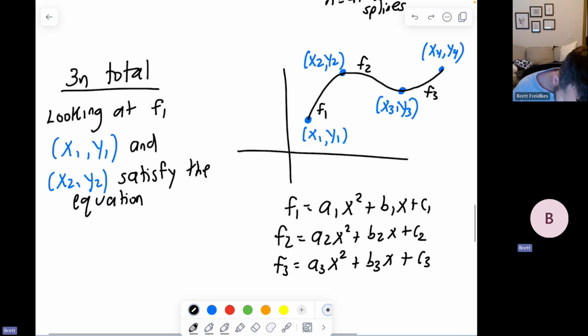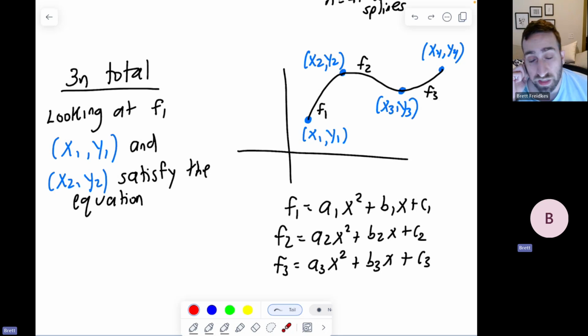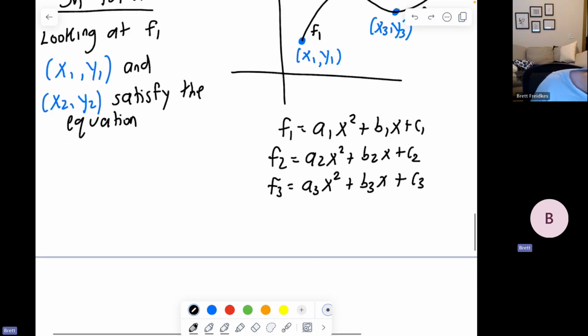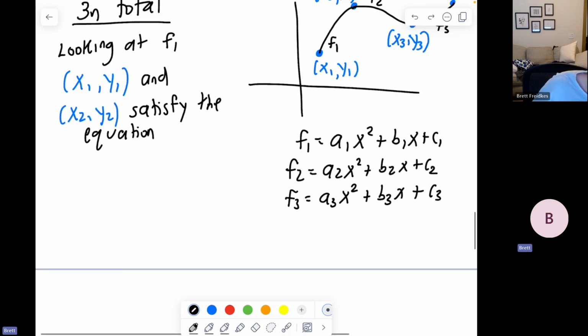Now, similarly, let me go ahead and highlight. So these 2 points here are both on F1, therefore they both satisfy the equation. What about F2? Well, what we see is that this point and this point both satisfy the F2 equation because they're both on the spline. So that will give us 2 more equations. And then we have this point and this point that are on F3. That's 2 more equations by plugging into that respective function. So by plugging in points,